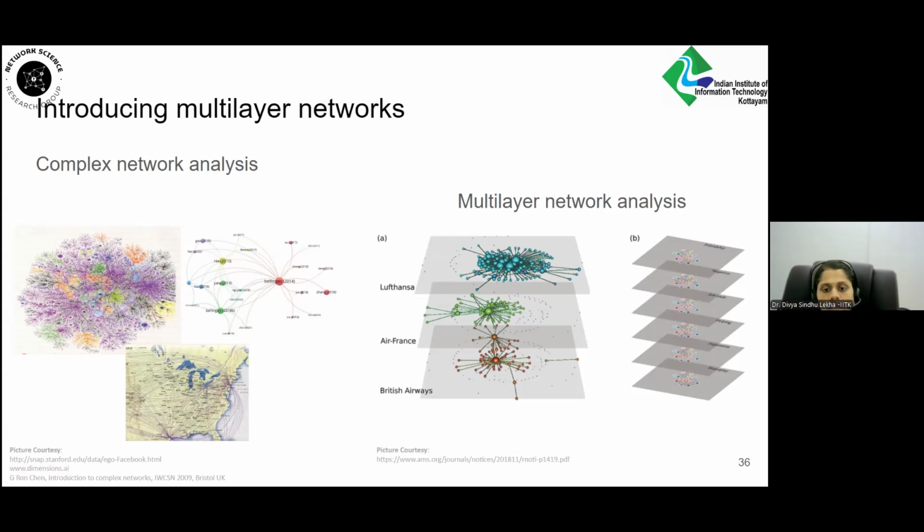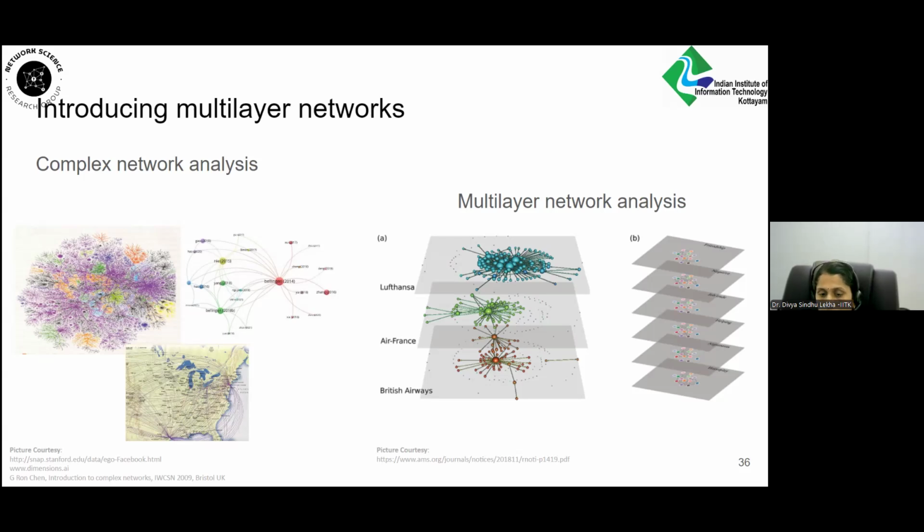Or how many British Airways flights there are from one point to another? Now the relationship has one more aspect: what is the type of airways? In order to capture this information along with our data set, we need to construct a multi-layer network